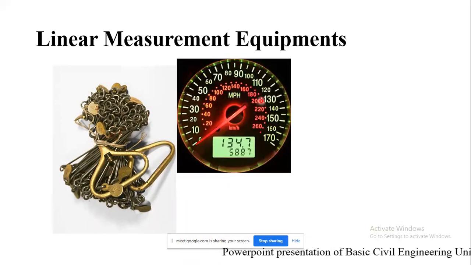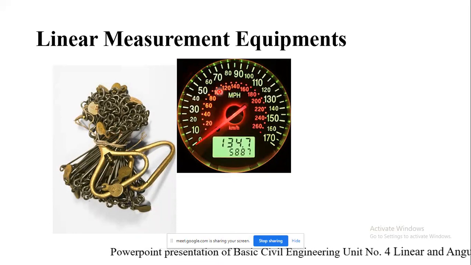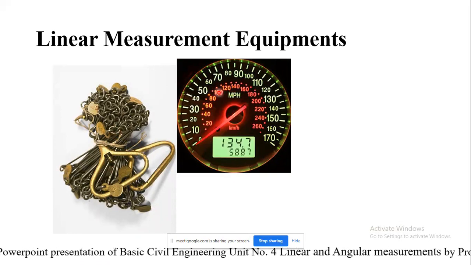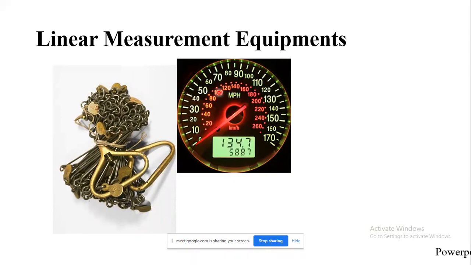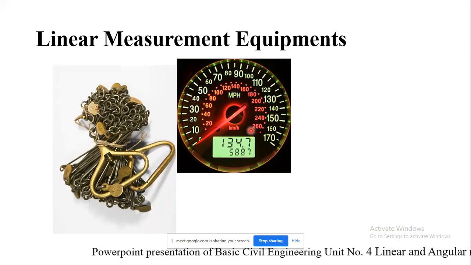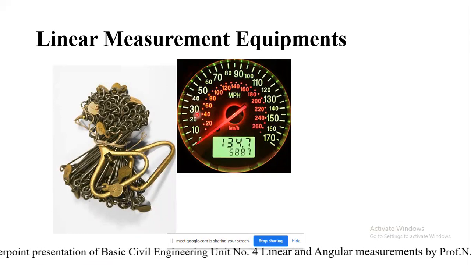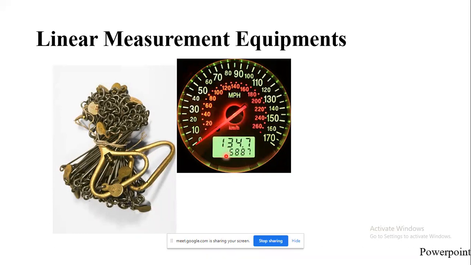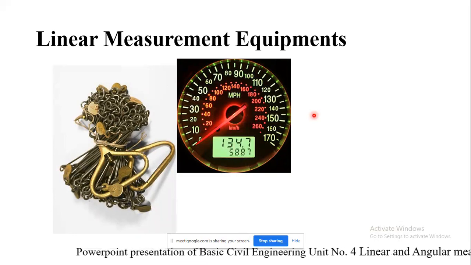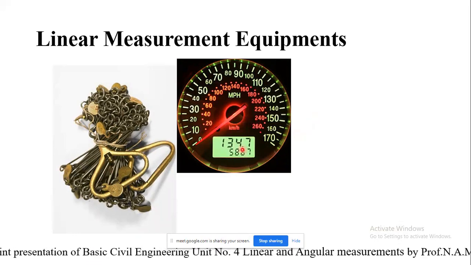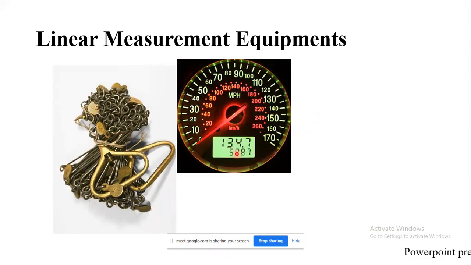Next, you might have seen this in real life, because you are driving your car or it might be your bike. This is nothing but your speedometer. Directly you can calculate the distance. If you set it to 0 at your starting position, then up to the end station point you will get whatever the distance is. That is your speedometer.